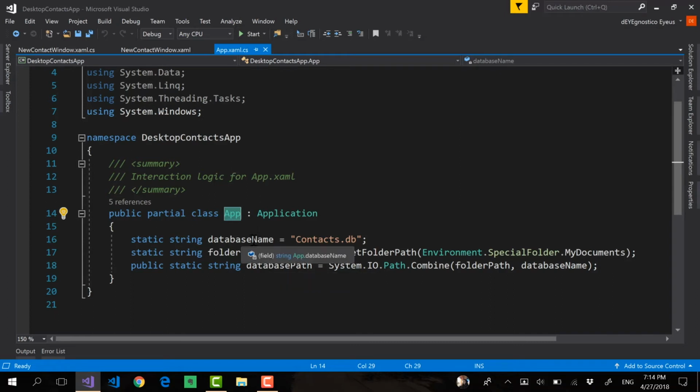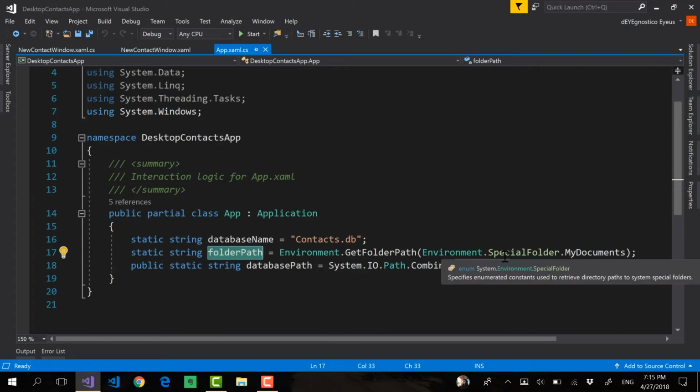So the first thing that I'm defining is the database name, simply contacts.db. Then the folder path. This one is important because it's in here where you say where this file is going to be located. Just as a test, I am setting this to be the My Documents folder that exists on any Windows computer and that I can access through the